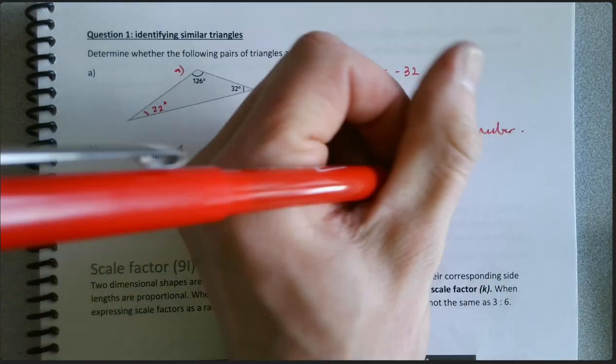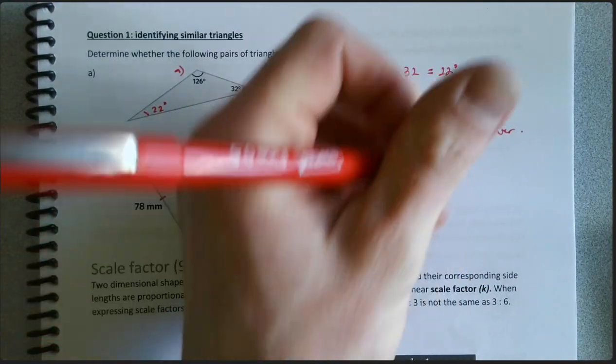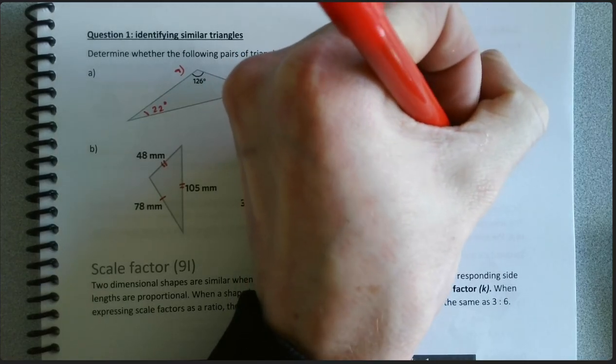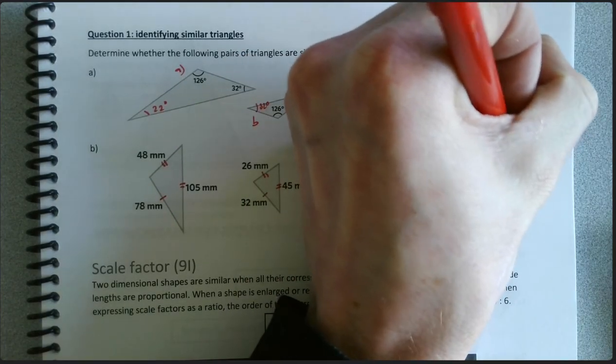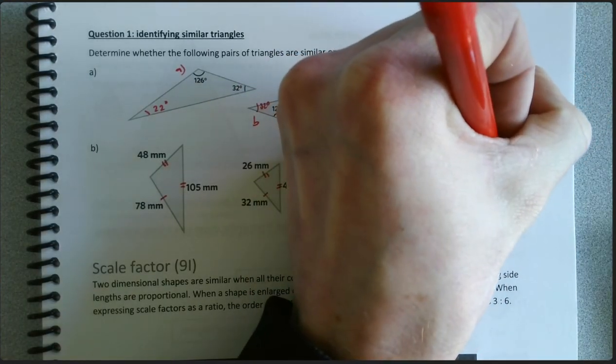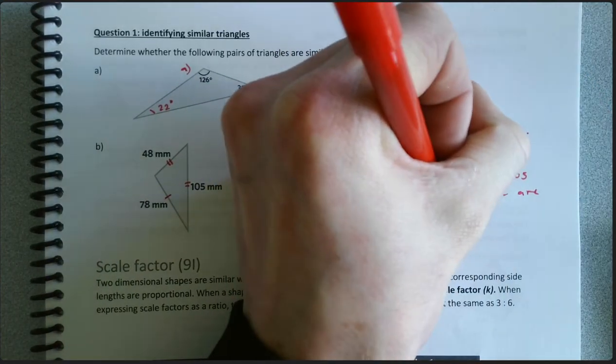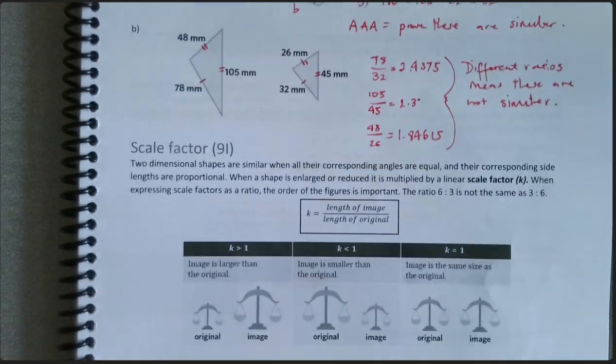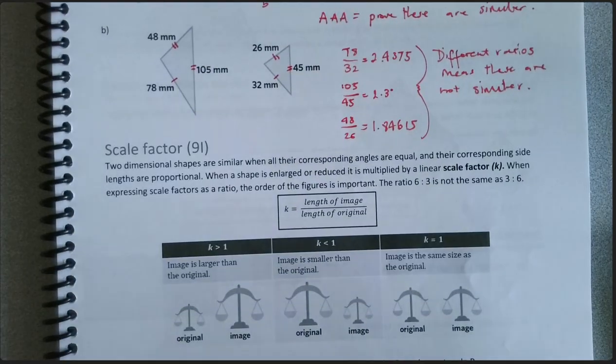Are these going to be similar triangles? No, because these are different. These are not similar. Different ratios means these are not similar, or congruent. All right, so scale factor. Moving on, because maybe I'll give you guys a quick